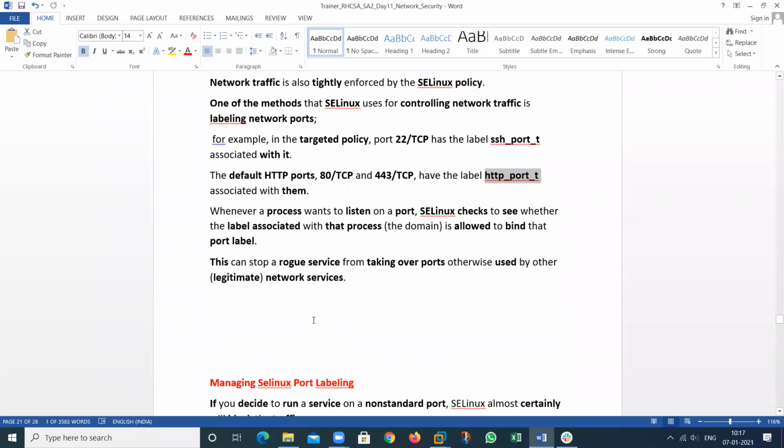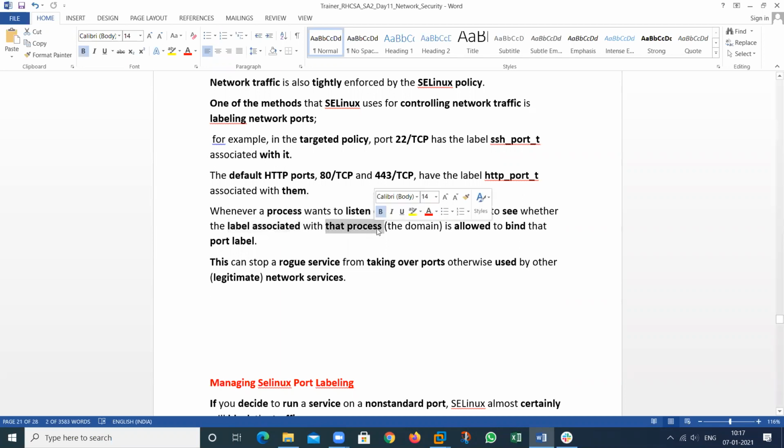So we can apply SELinux not only for the process, it can also be applied for the port, files, folders, and anything that runs in the network. When a process wants to listen on a port, SELinux checks whether the labeling is matched or not. If the port labeling is matched, then the process is allowed in the network.